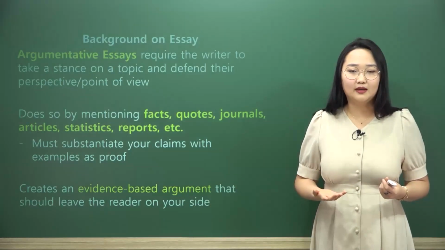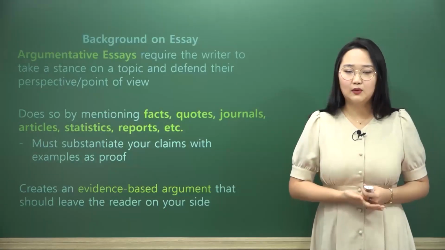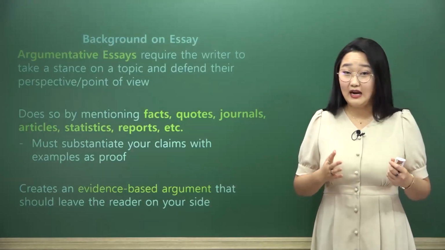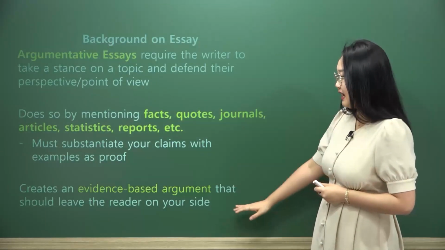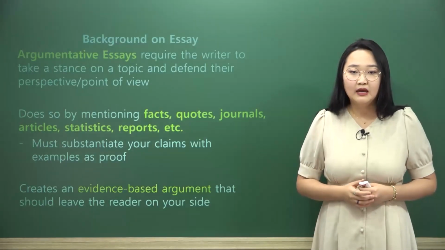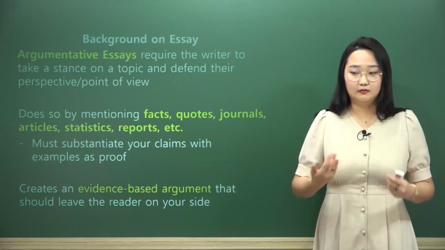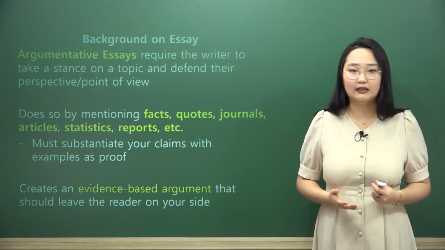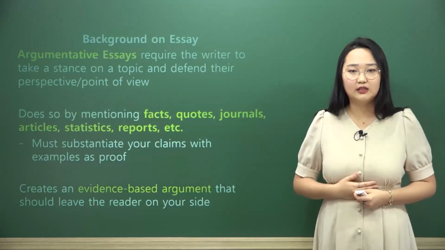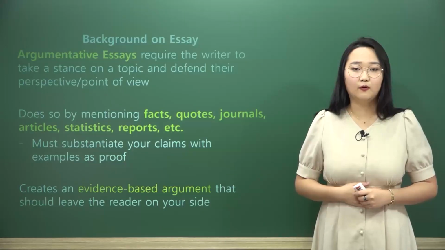Of course, if you're trying to make an argument, you need to have proof or some kind of example to show, hey, if this is what's happening, then there's a reason why this should happen instead. In that way, that's our goal for writing an argumentative essay and creates an evidence-based argument that should leave the reader on your side. Now, this means that you shouldn't say, hey, you should come to my side and agree with me because I'm correct and leave it at that. No, you should prove to them that this is the correct answer, which makes the reader think to themselves, there is no other correct answer other than what this person has written for me here.